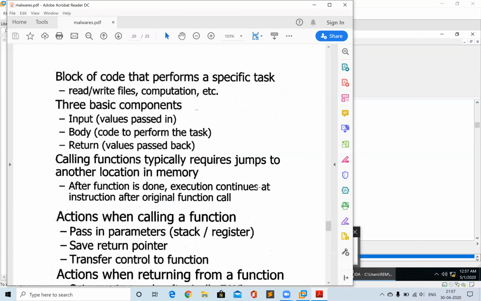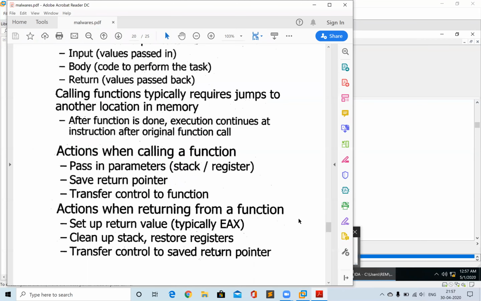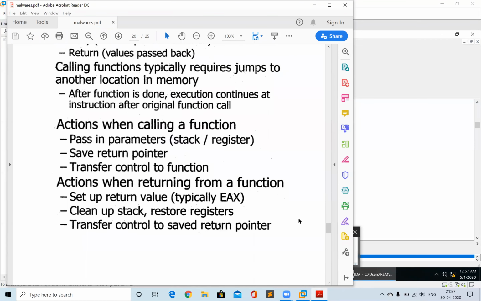Okay, so let's go again. Actions when calling a function. There are different kinds of actions that need to be performed when we are about to call a function. The first one, you are already aware of, is passing in the parameters. As we have already seen, when we are calling any function like an add function with some values, say 2 and 3, those values may either be passed on the stack or saved in a register. Then when we are inside that function, we will be fetching those values from either the stack or the register, and using them for whatever code is written inside that function.